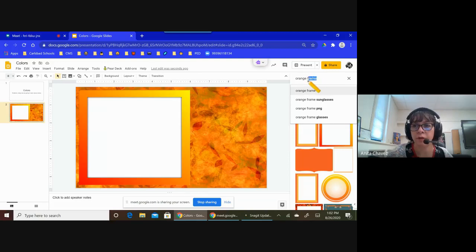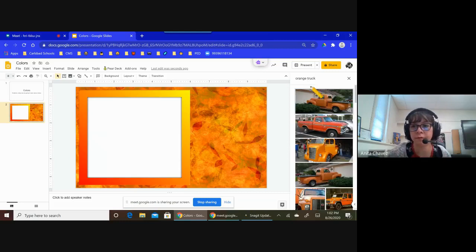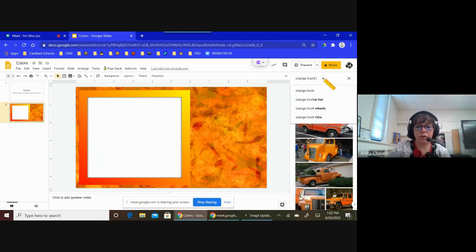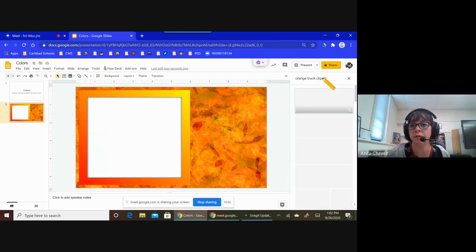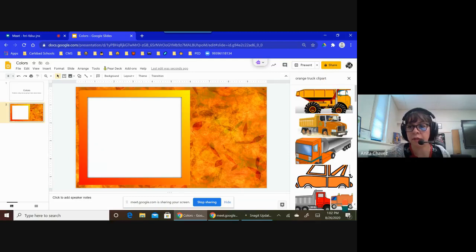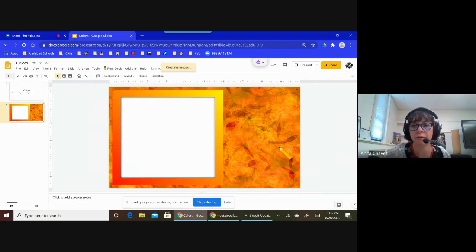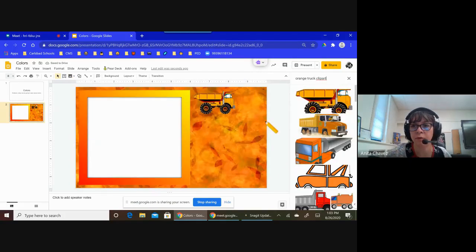So I also want an orange truck. And I think I want clip art. So I was taking this cute little orange truck. And I'll put in maybe a couple more, an orange hat.